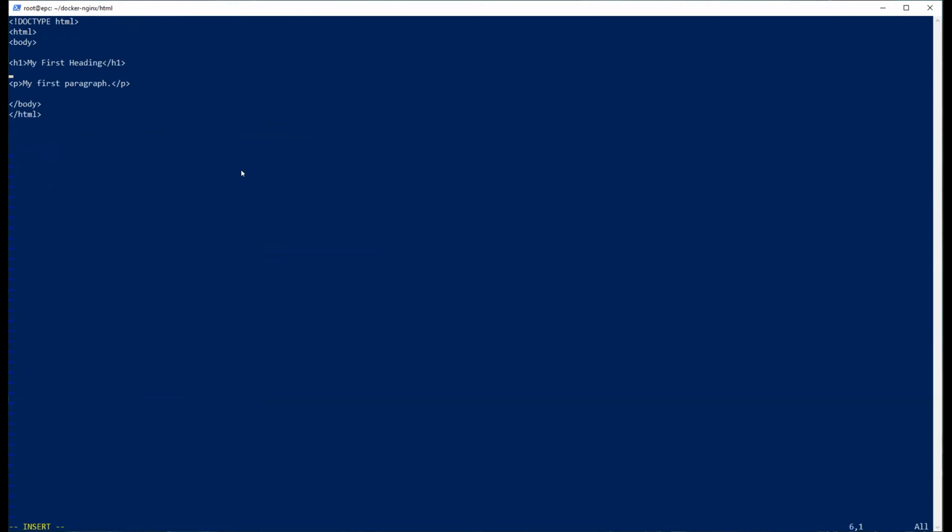First heading, first paragraph. Let's call it Nginx web server. Or you can put anything you want. Doesn't really matter. It's just a sample website. I turned this off, but I didn't make it persistent. This creepy sound. Stupid Windows. Running in Docker.